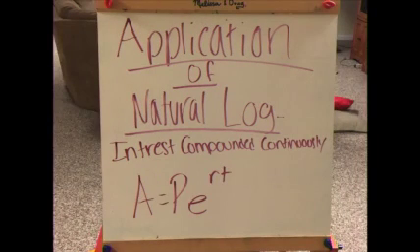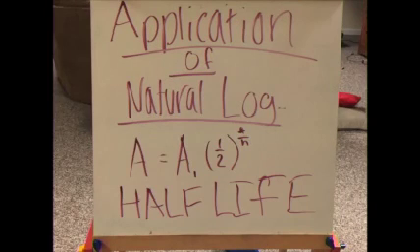Another application of the natural log is interest compounded continuously, and this is A equals your principal amount P times e to the rt, rate and time. The last application of natural log is the half-life equation, which is A, the final amount, equals A1, the initial amount, times 1/2, the split factor,